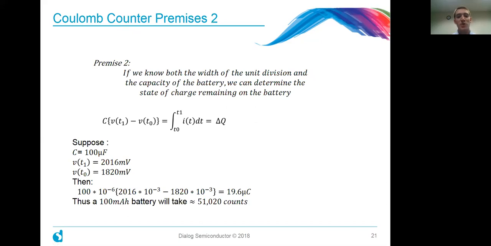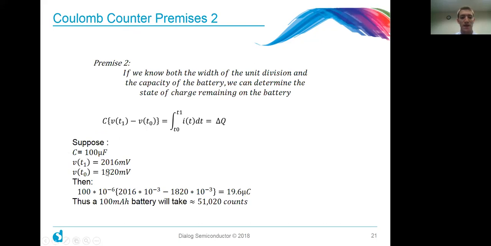Premise two is, if we know both the width of the unit division and the capacity of the battery, we can determine the state of charge remaining on the battery. So back to our equation, let's plug in these numbers and see what we get. C is a value that's not going to change. Let's suppose it's 100 microfarads. And we have two voltages that we want to regulate between. We can choose a little over 2 volts, so 2016 millivolts, and just above 1.8 volts,